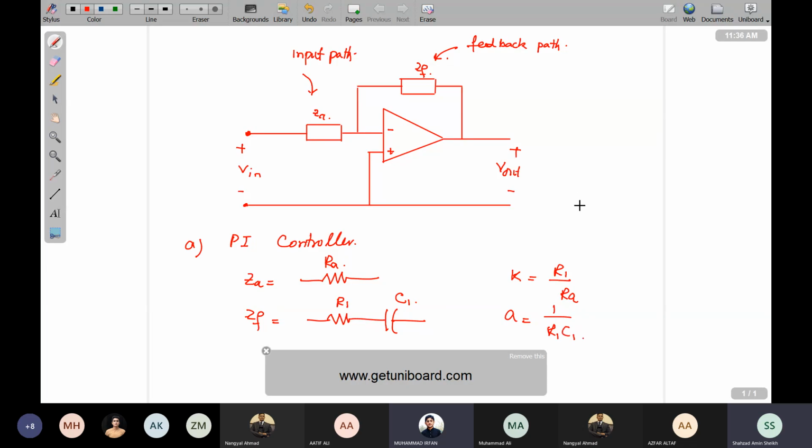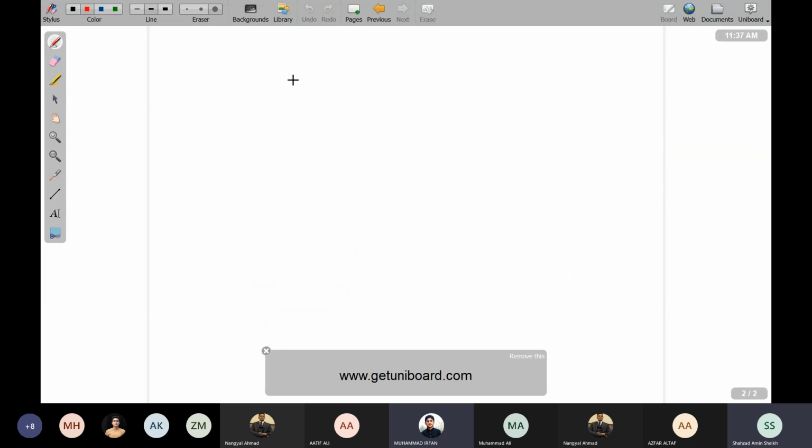So you are just finding the transfer function, and the transfer function V out over minus V in would be equal to K (S plus A) divided by S, and the K and A can be found by using these relationships. Similarly, if I'm interested in proportional lag,